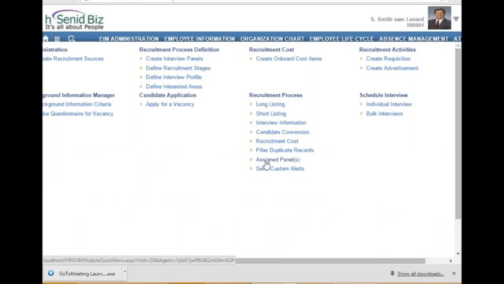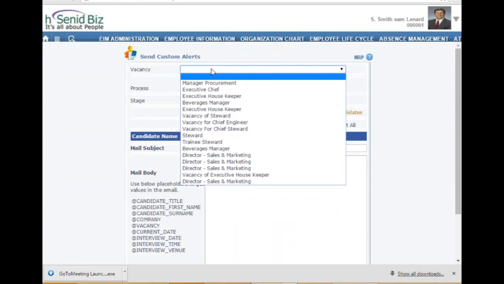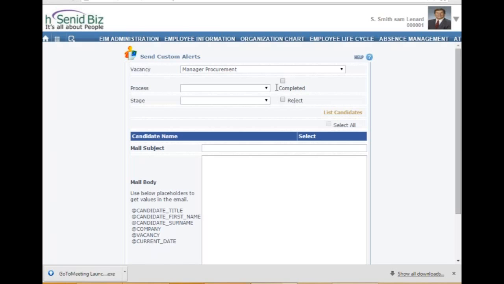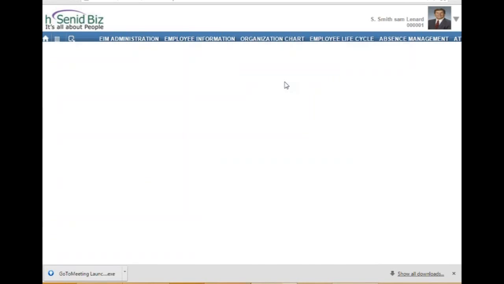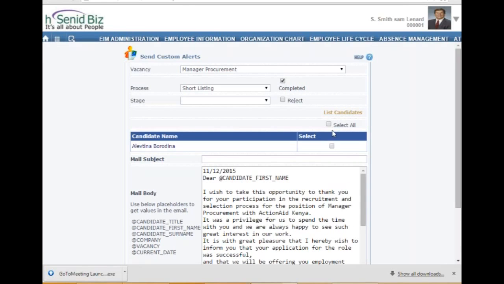And we have another feature, send custom alerts. Here you can select the vacancy and the process, say shortlisting, completed or rejected, and you can list the candidates. For these candidates you can customize the email and send the alerts to them, right?